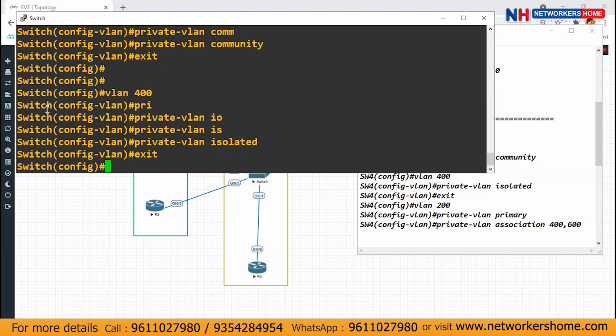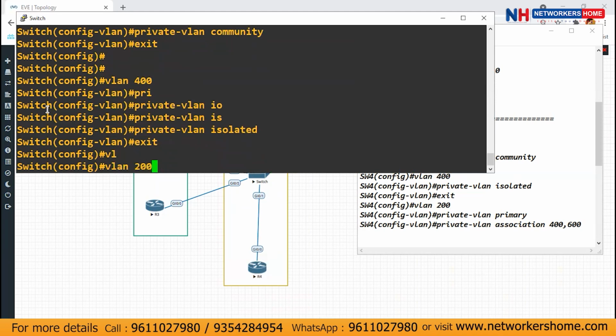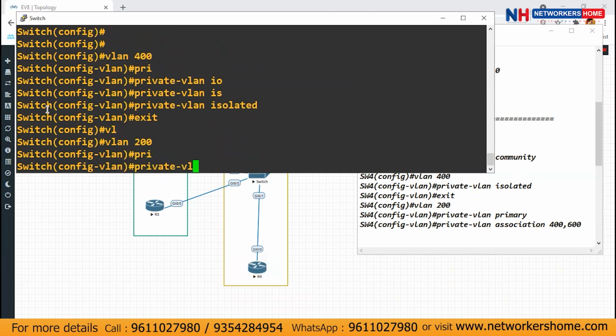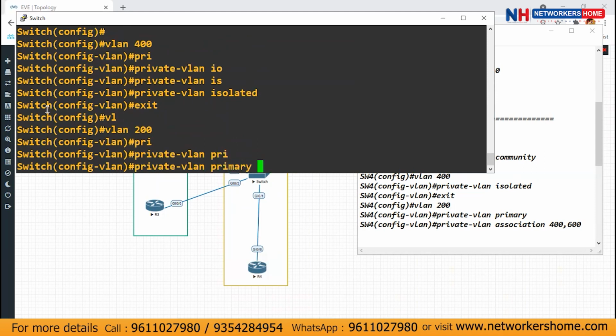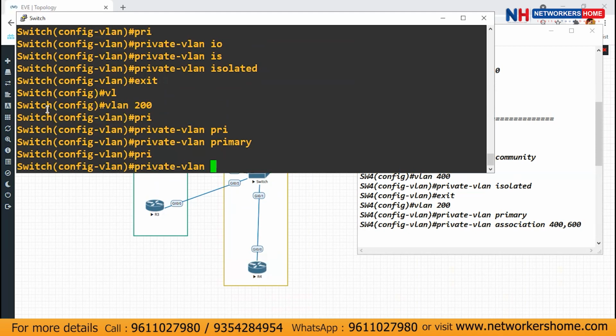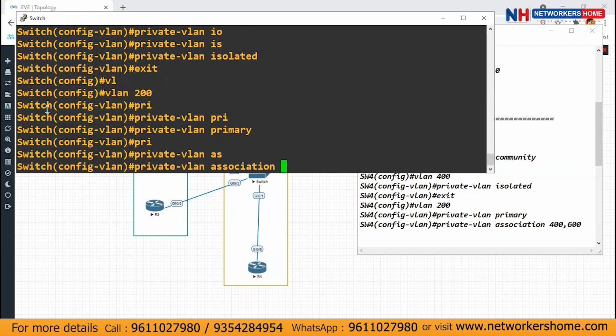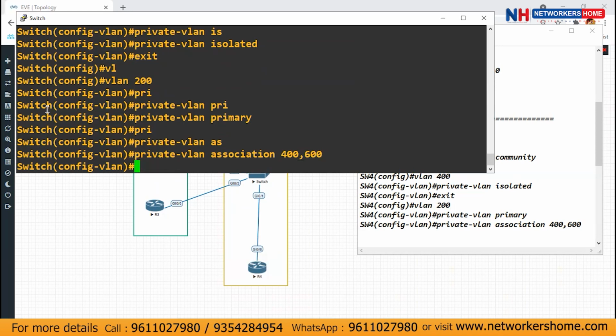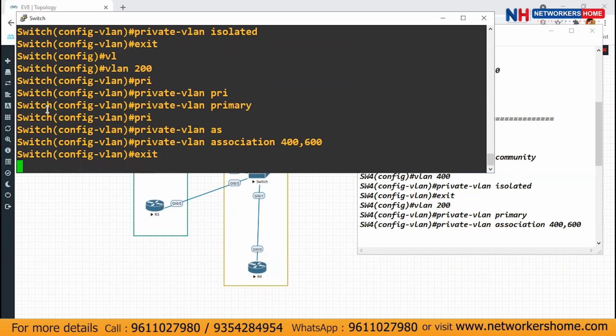Created 2 VLANs. Again, I'll create a VLAN 200 and here I'll say private VLAN, you're a part of a primary. And inside this, we have to say private VLAN association. Okay. And what VLANs do you want to associate? 400 isolated and 600 community. These two you can make a part of